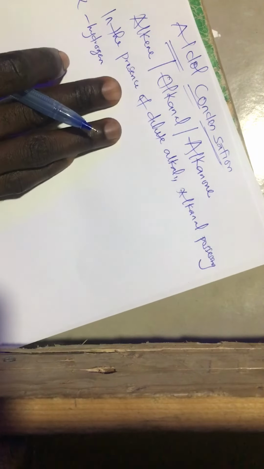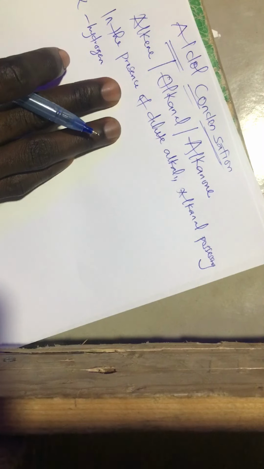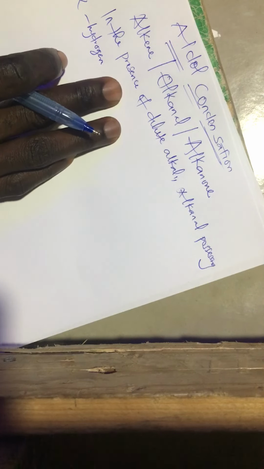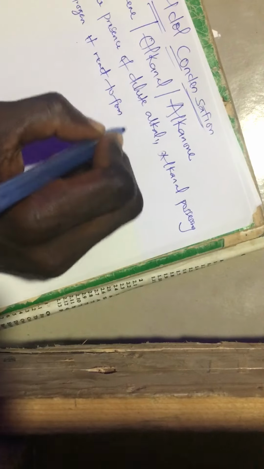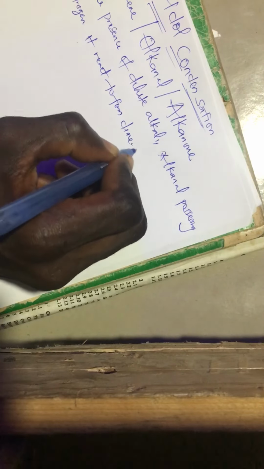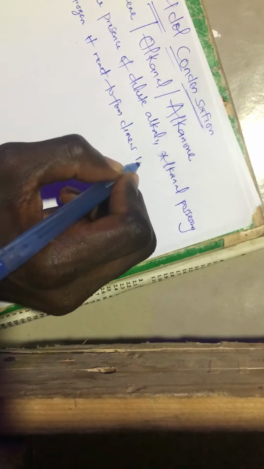You know, in chemistry we have the beta and the alpha hydrogen, and you can locate your alpha hydrogen mostly where you have a functional group. It reacts to form dimers, which are known as